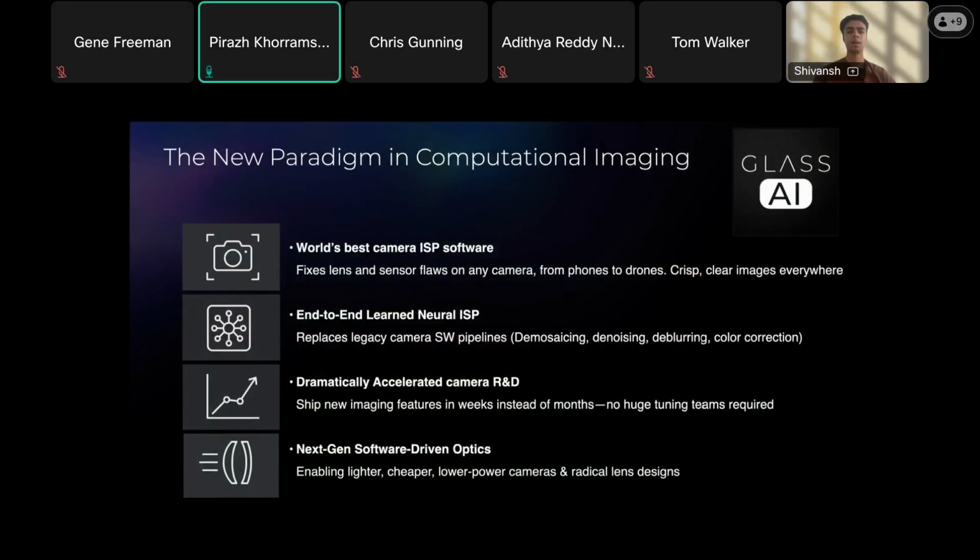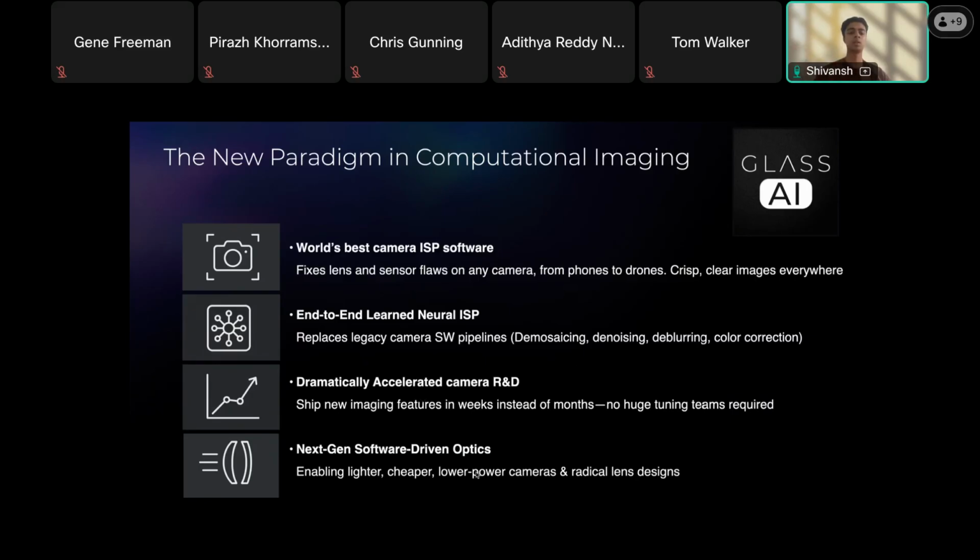So, to summarize, through this talk, we tried to set a new paradigm in computational imaging, wherein we propose a new neural ISP software, which is end-to-end learned. It dramatically accelerates the current R&D development cycles, bringing them down from months to weeks.